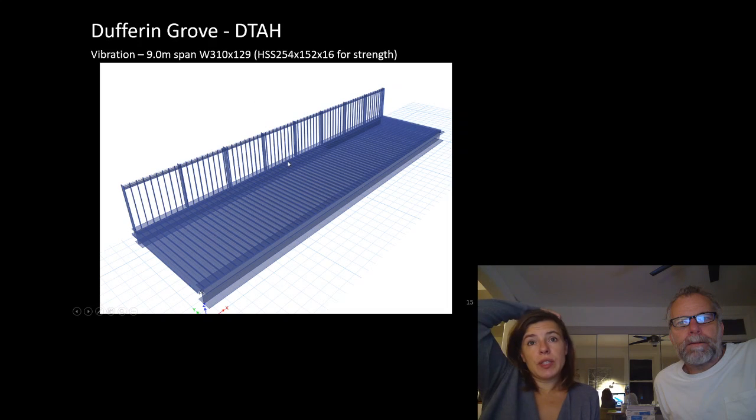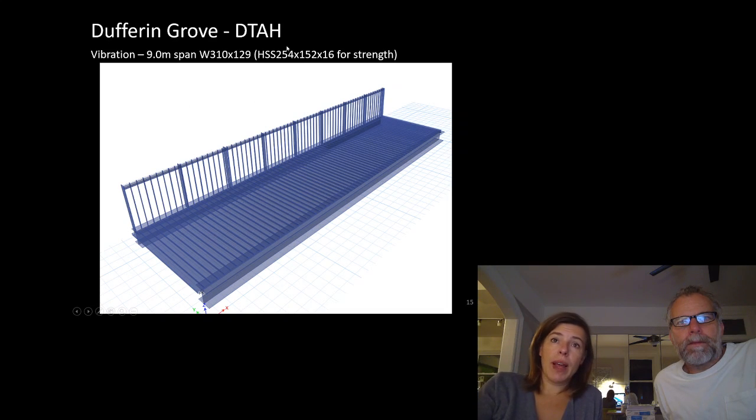So this was the first design. For strength, they needed a 254 by 152 by 16, which was